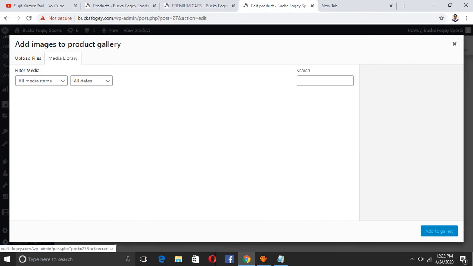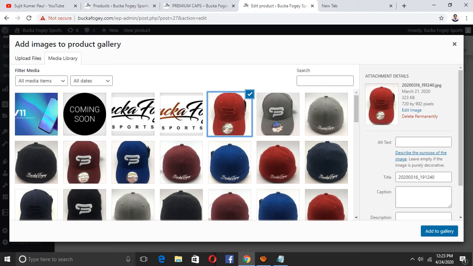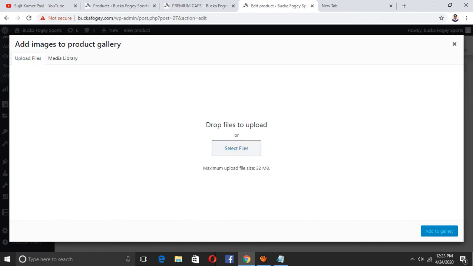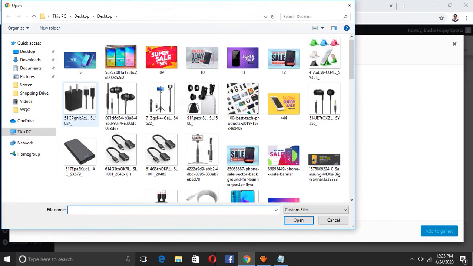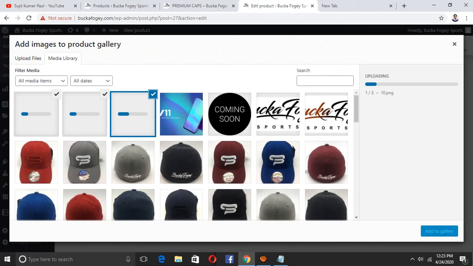If you want to add more, then you can click, and if you have already uploaded to the media gallery then you can select and update. If you have not uploaded yet, you can upload many images one time, I will add one more image, you can just select it and it is already there.